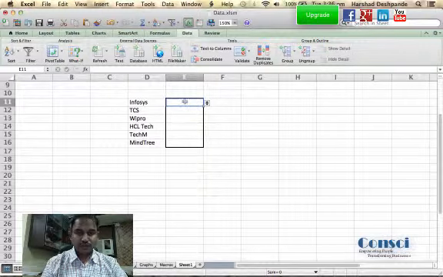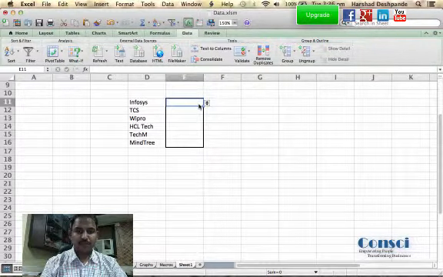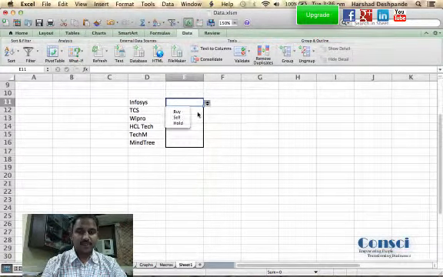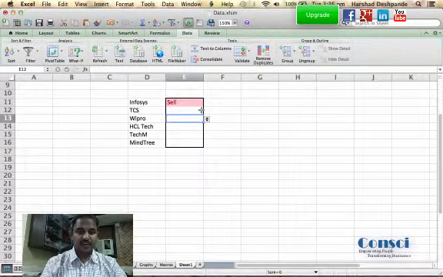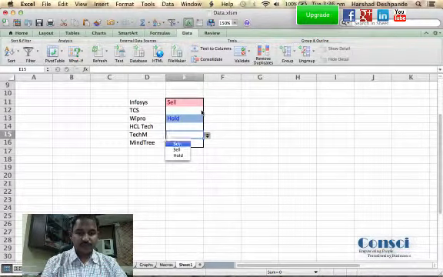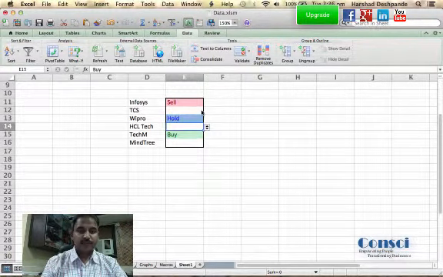By the way, it also gives you a drop down menu beside it. You can use the drop down menu and make the selection as per the requirement. So I'll select a cell, and naturally it will take a color because that is what we formatted it for. Next we take hold, next let's say buy, and so on and so forth.